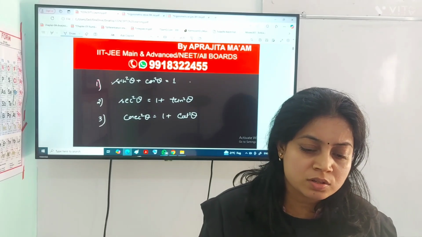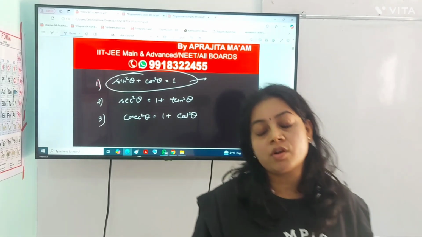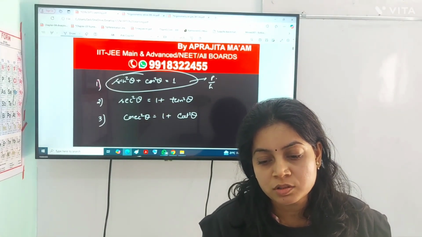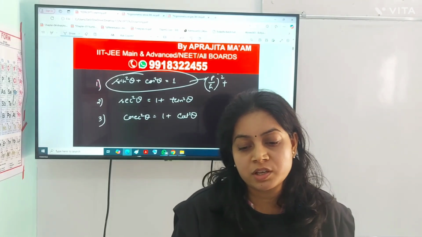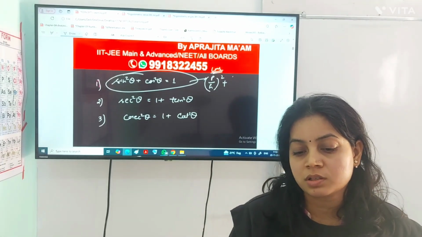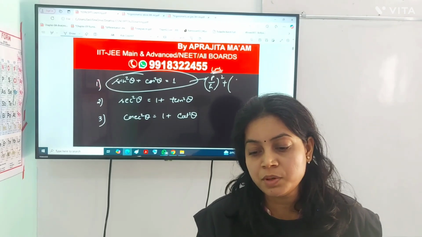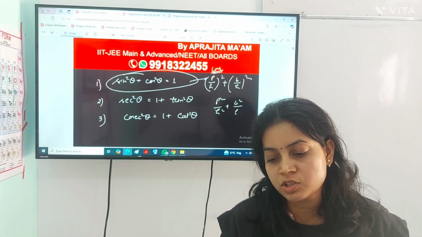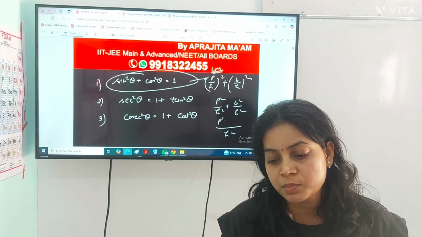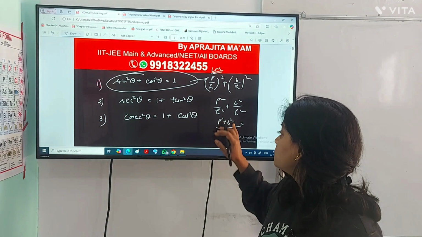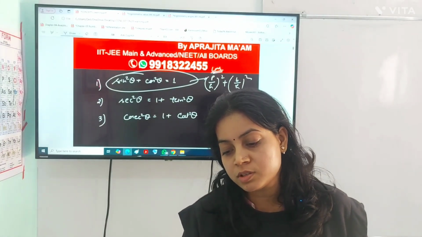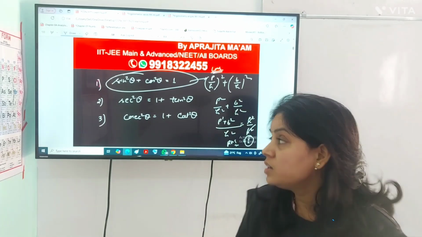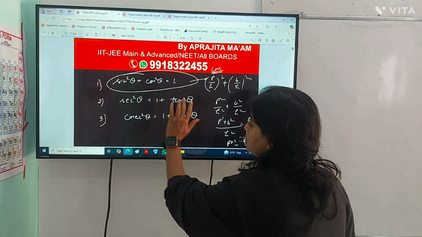You can derive these identities. How can you derive sin square theta plus cos square theta is equal to 1? It's very, very simple. I have already told you the ratios. What is sin theta? Sin theta is P by H. Just put the value and square it. I'm taking just the left hand side. And cos theta, what is cos theta? Base upon hypotenuse, just write B by H and take the square. So it will be P square by H square plus B square by H square, and with the LCM H square it will be P square plus B square. By the Pythagoras theorem, P square plus B square is nothing but the hypotenuse square. So this will be cancelled out and it is 1. That is your RHS.